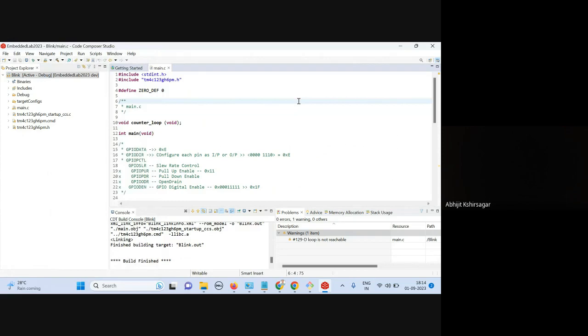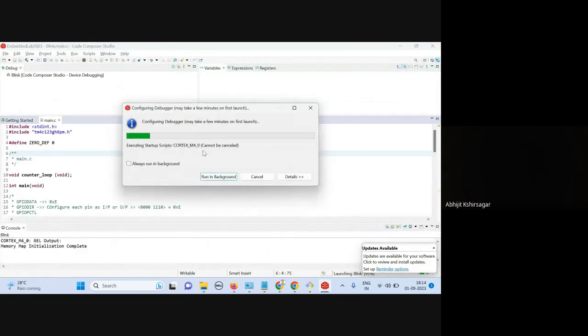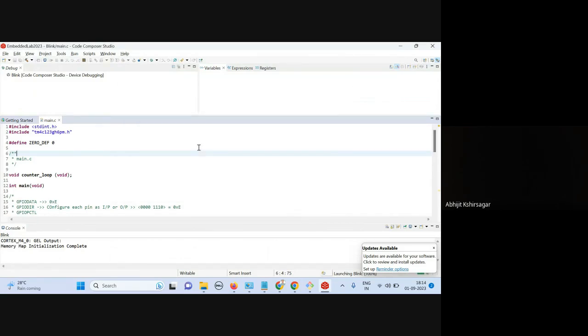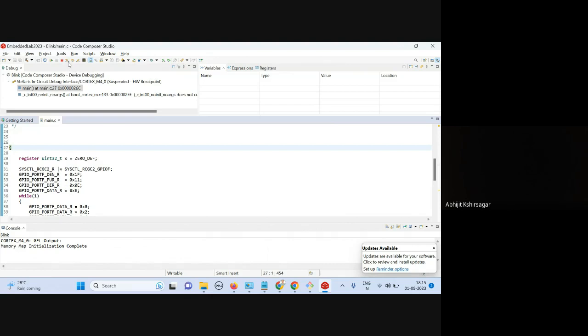So let's try actually plugging in the board. So now the board is plugged in. Starting the debug process. And it's working. So you can see here,